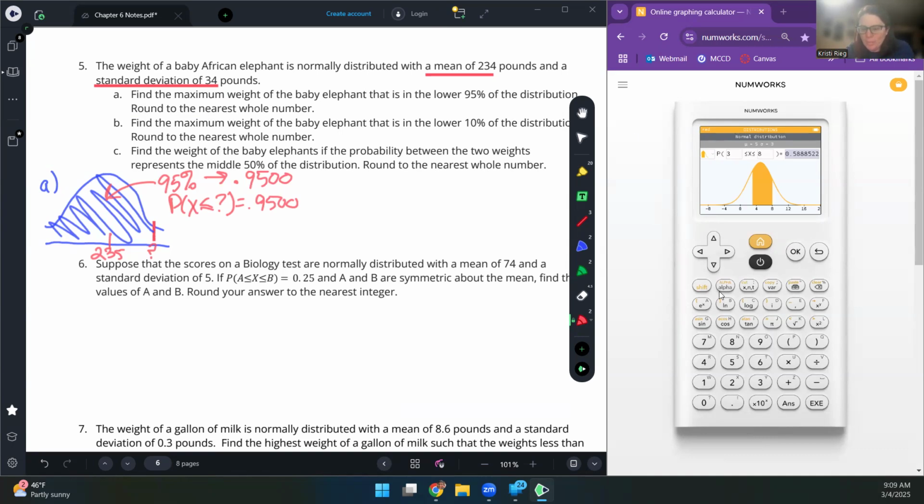So let's go back to our calculator. We know the mean. We know the standard deviation. We know the direction is less than. We don't know this box. It's not 0 because look at our picture. We can tell it's not 0. If I put in 234,